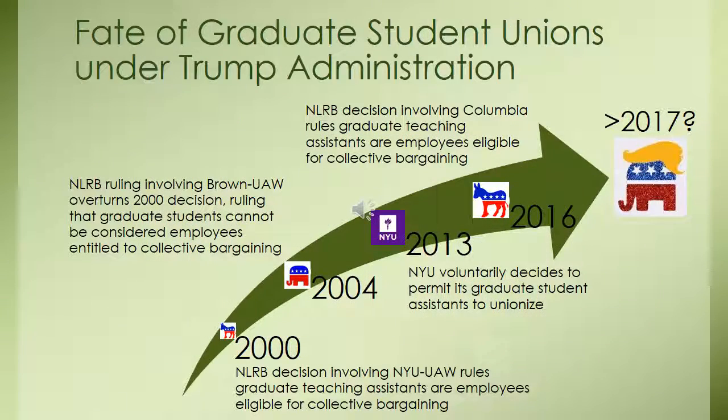Despite what graduate students view as a success with regard to unionization, activists are not optimistic about the future under the Trump administration. The current board, which was appointed by President Obama, is majority Democratic, with 2 Democrats, 1 Republican, and 2 vacant seats. That composition will most likely shift to majority Republican under the new administration in the filling of those 2 seats. There's no doubt that there will be an attempt to overturn the 2016 Columbia decision, and